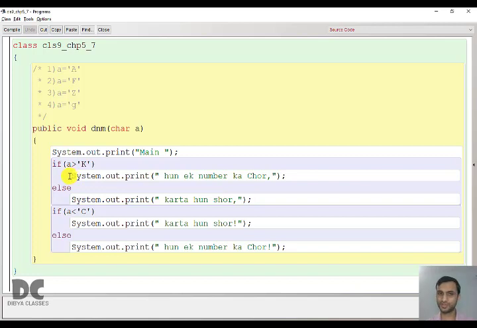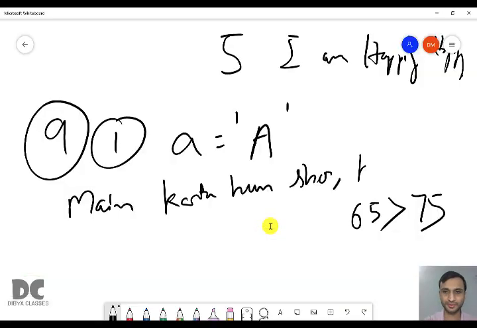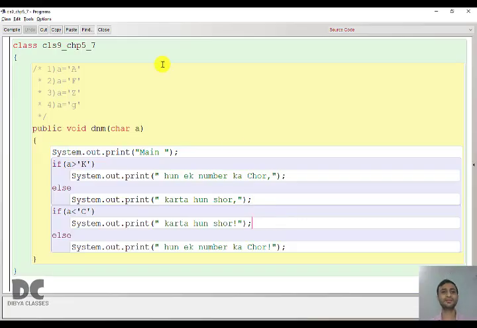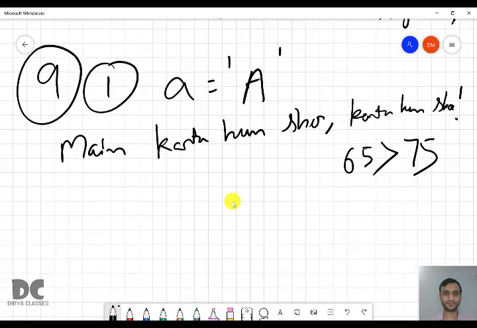But if there is more than one statement, you have to give curly brackets for both if and if else statements. Next, A less than C. Obviously, A comes before C, so it is less than C. So, it will become true and it will print "करता हूँ sure". Okay. Let us take the next value, that is F.